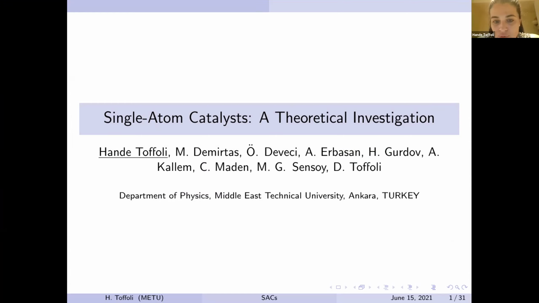So you can see our group members on my slide here. All of these students, postdocs, and researchers contributed to today's results. Today I'll be talking about a very particular kind of heterogeneous catalyst, which we refer to as single atom catalysts. So let me grab a spotlight. All right. In particular, my group works in the theoretical realm of things. We're not experimentalists. I'll be talking about our theoretical investigation on single atom catalysts.